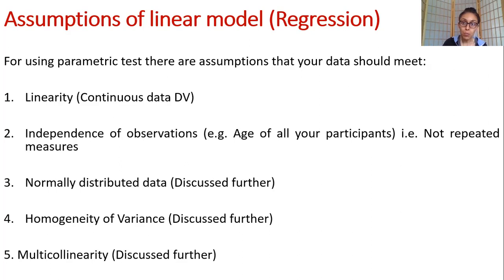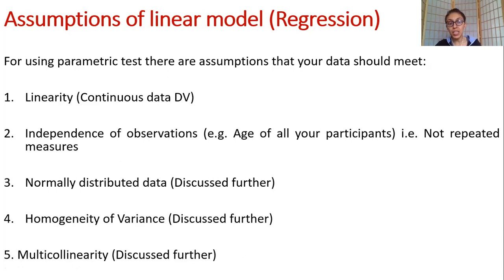So regression is not the right model to use for repeated measures. You have something which is called repeated measures analysis, generalized linear models. That is where you would be dealing with data where one individual is measured several number of times, okay, at week 3, week 6, week 12, after 2 years, something like that. All right, if that is the case, do not use linear regression per se. You have other models which deal with repeated measures. In regression, you should be having independence of observation. All participants measured only once. Okay, so data collected only once. So one number you're reporting, age at one time point. Okay.